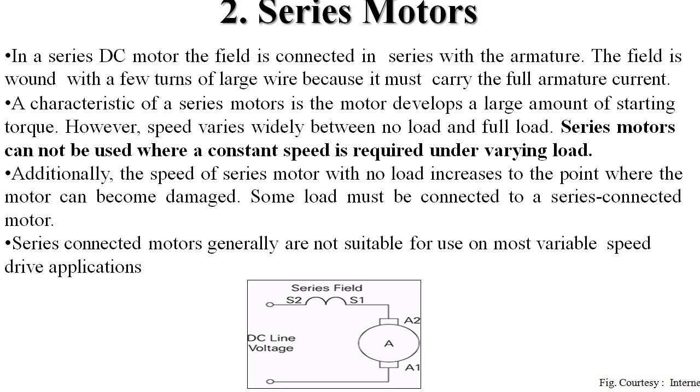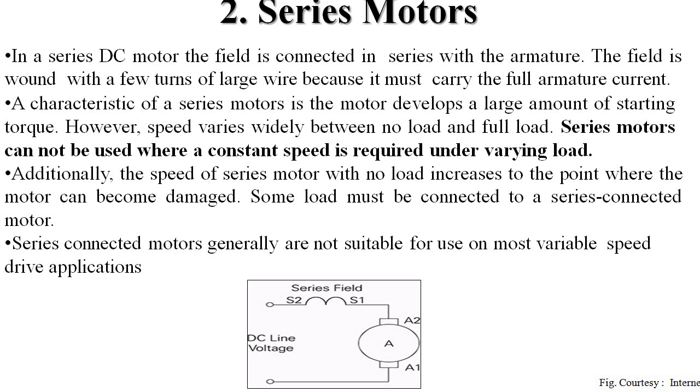So this causes the motor to draw a large amount of current from the power supply, and when the large current begins to flow through the field coil and the armature winding, the coils reach saturation that results in the production of a strong magnetic field, and this is how the series motor works.